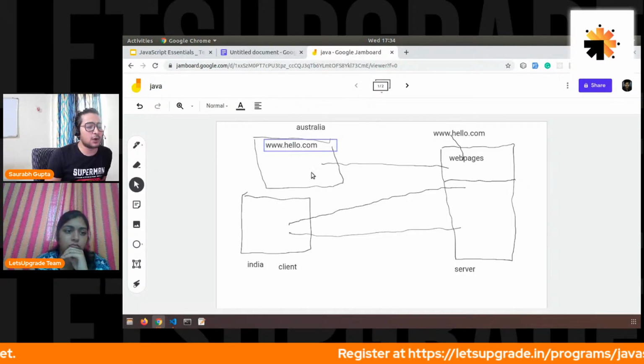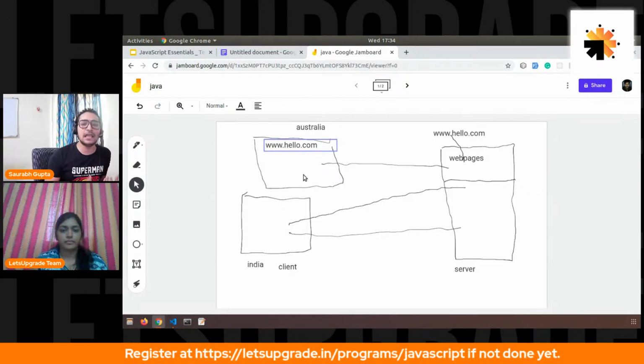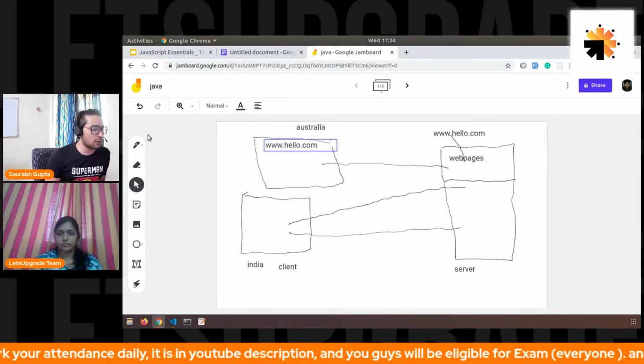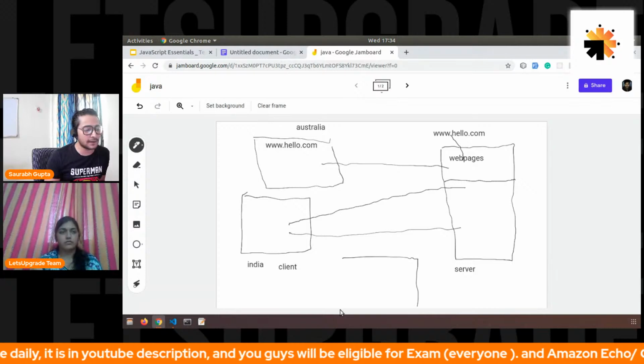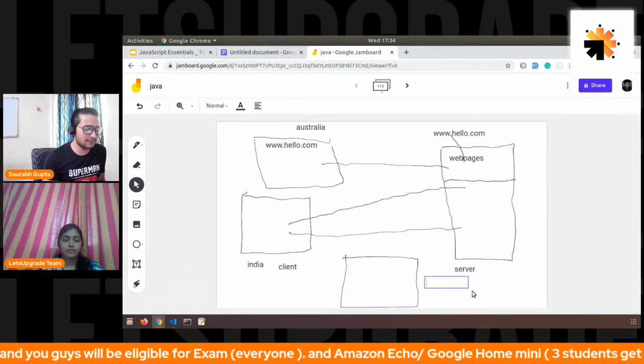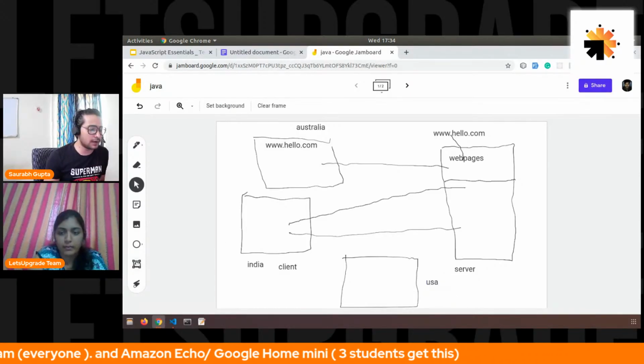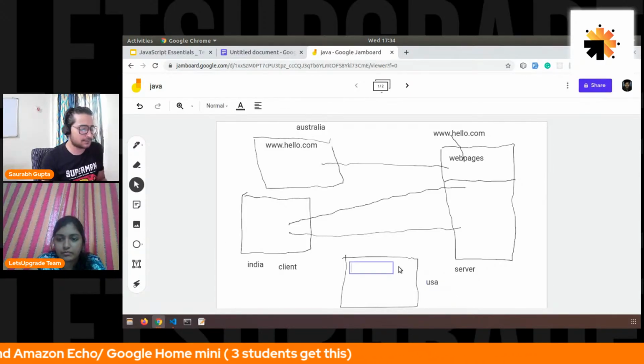My web pages will load in its computer, and that's how the client in Australia can see my website. Let's say there is one more PC somewhere in, let's say, USA. The same thing will happen there. This is also a client PC. A person owns it. He will go in its browser and type the same thing,